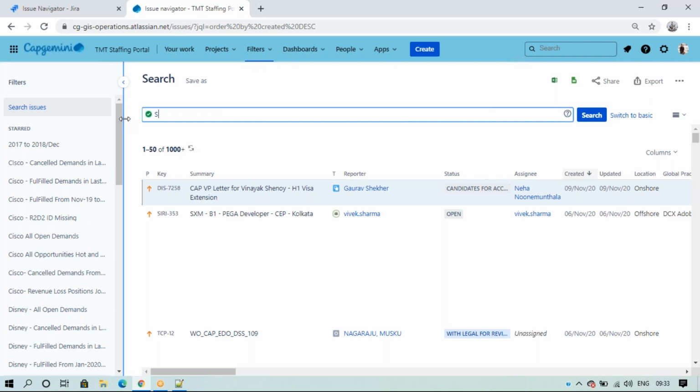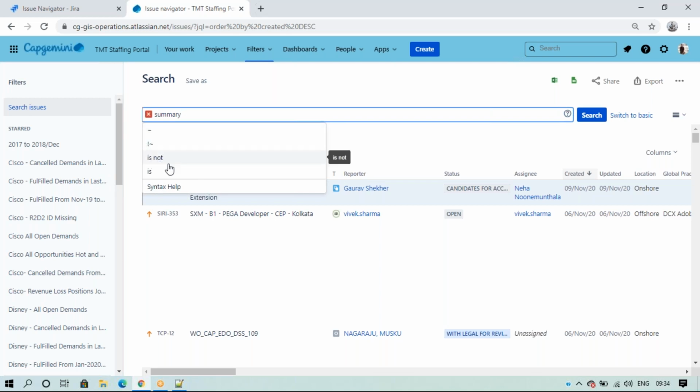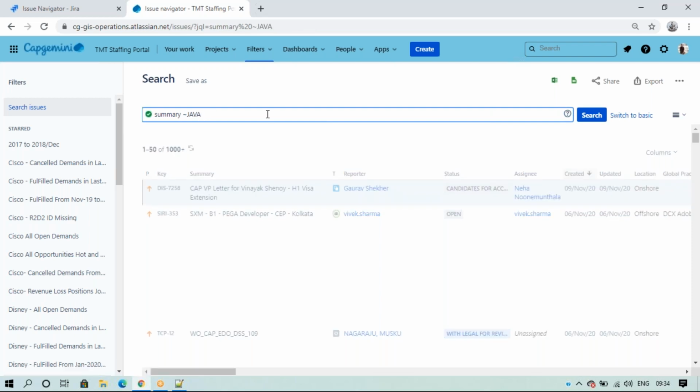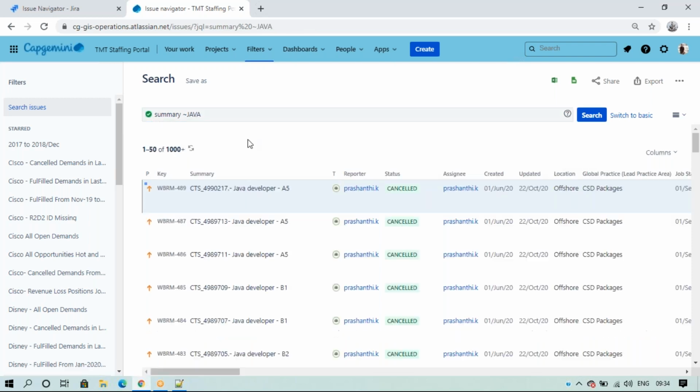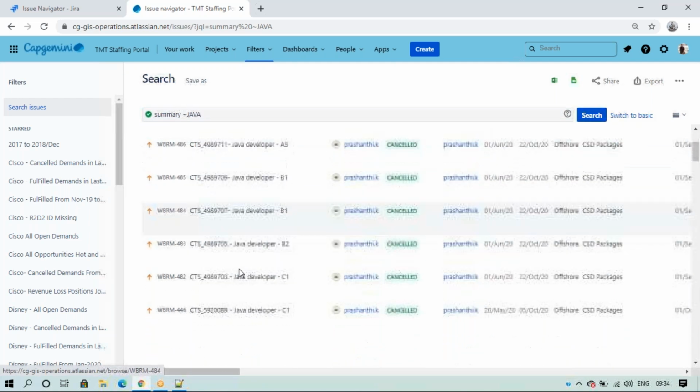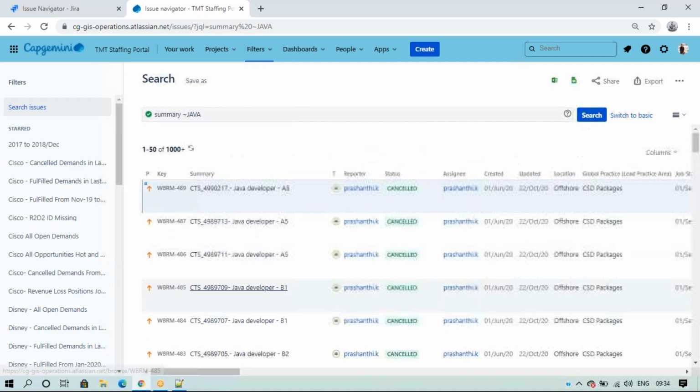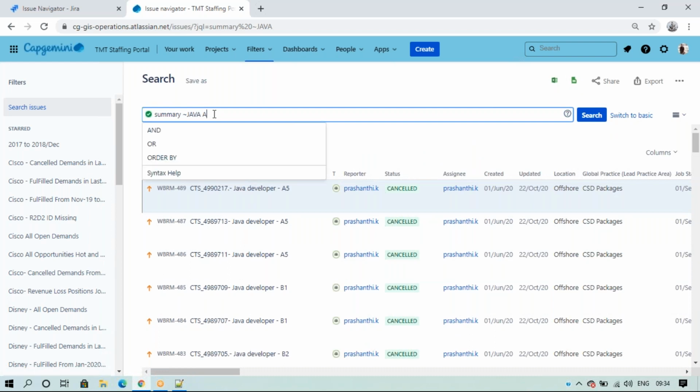Okay, for example summary. Not only summary, if you take any text field as well, we have these options: the tilde symbol, types like equal to or not equal to, is in, is empty or something. If I choose this and select Java, can you see in the summary everywhere it is Java, Java, Java? So this is the Java and